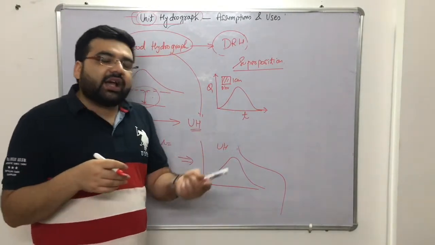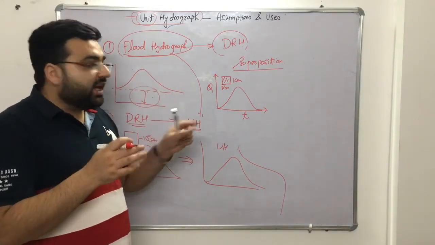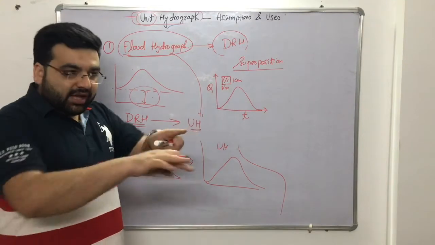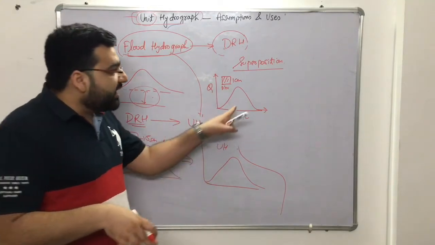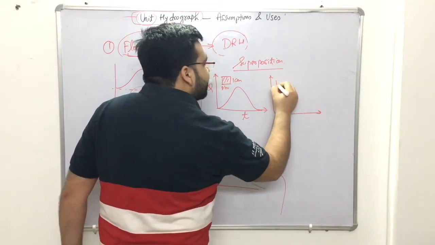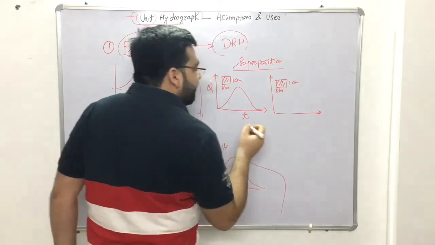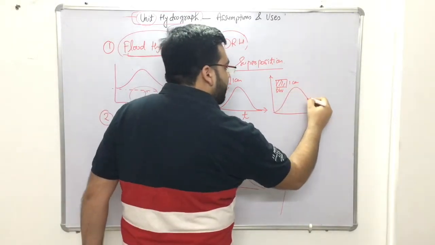Now from the third assumption, time invariance, even if it is occurring after 1 day or 2 days, if the rainfall intensity is same and the catchment area is same, you will get the same response, right? So response will be similar. Now let us say that this is also your D hour unit hydrograph of 1 centimeter, right? Okay. Now this is also the same hydrograph, let us say.